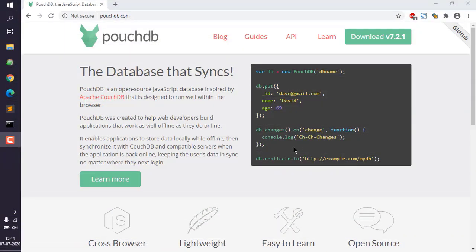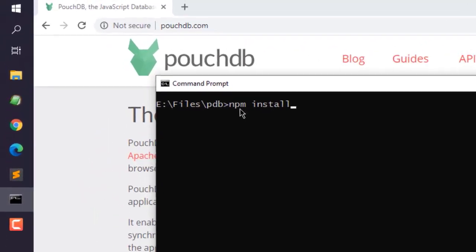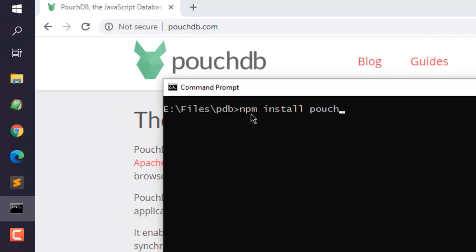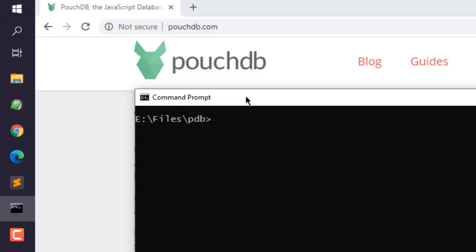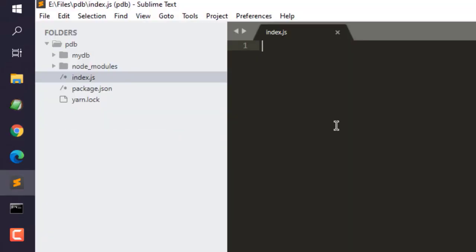So let's take a look at how you can update document in PouchDB. So first thing, make sure that you have installed PouchDB by typing in npm install pouchdb --save. Okay, similarly you can also use yarn add pouchdb. Okay, either one of these methods should work. And what you can do after that is open that project in Sublime Text or Visual Studio Code, and in index.js file you can simply go ahead and call your PouchDB,